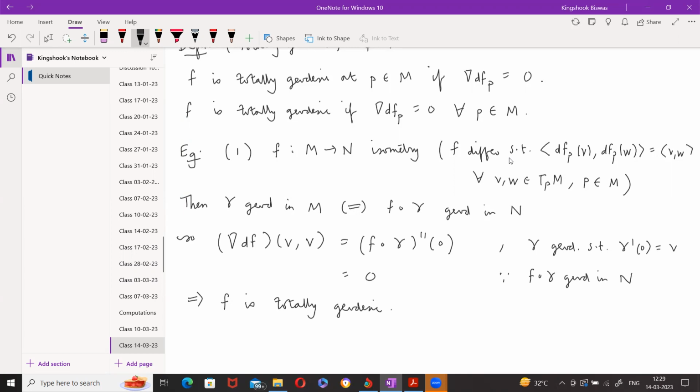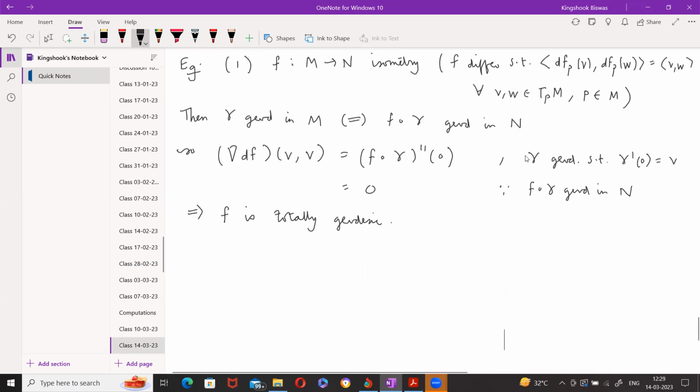Is this okay? Yes, sir. So what's another example of a map which is maybe not totally geodesic everywhere, but totally geodesic at a point? If I look at the exponential map at P, so this is going from T_P M to M, this actually is going to be totally geodesic at the origin,